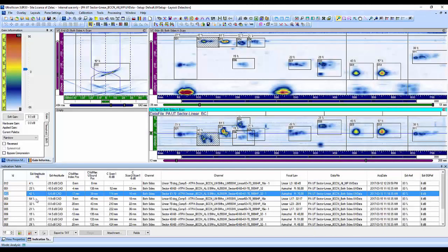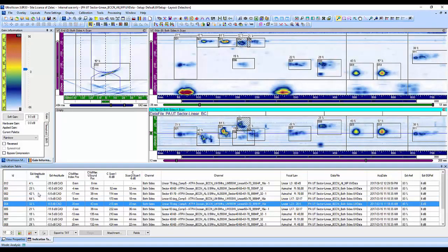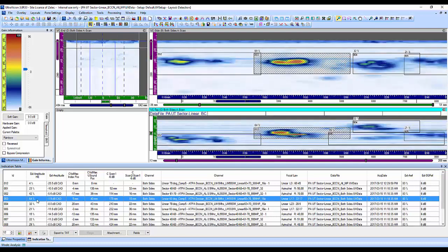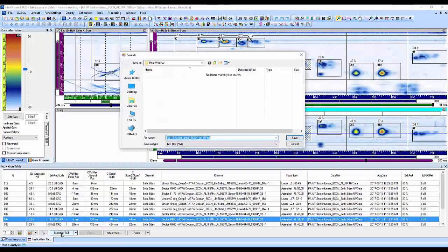When all indications in the examination volume have been boxed in and saved in the indication table, the analyst can zoom in and review any indication in detail, just by double-clicking on the corresponding line in the table. The quantitative information will be saved with the data file upon closing it. Also, the indication information can be exported as a text file that can later be imported in either Excel or